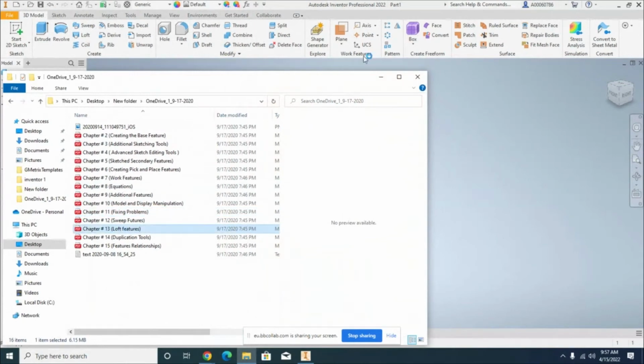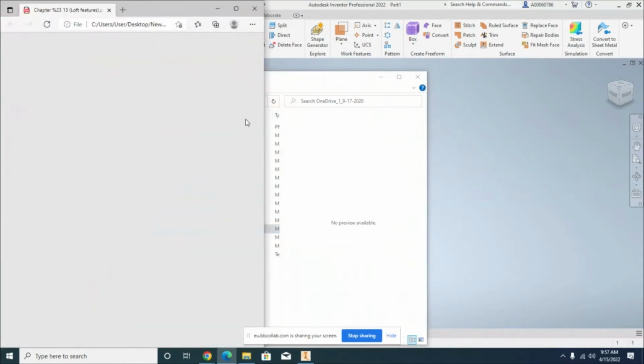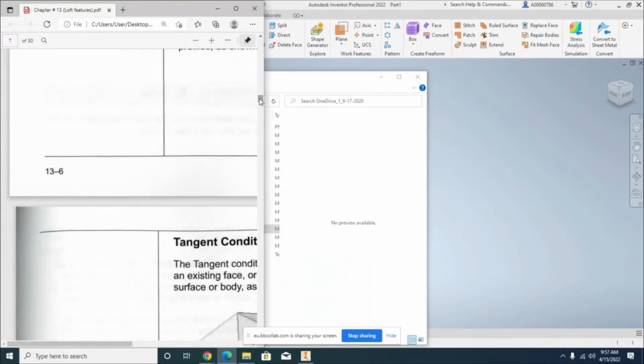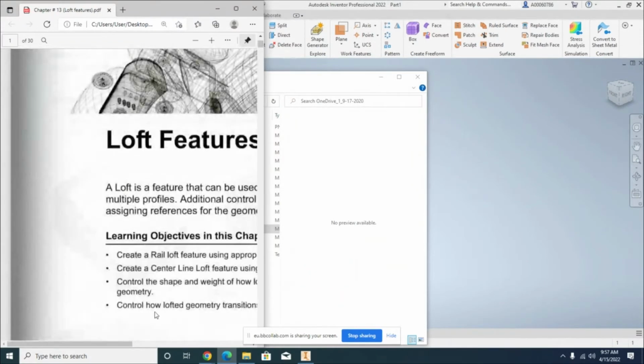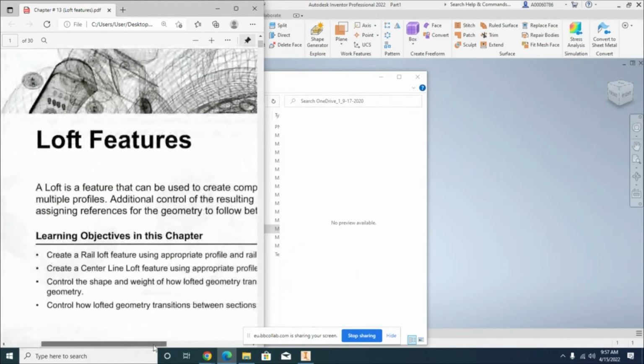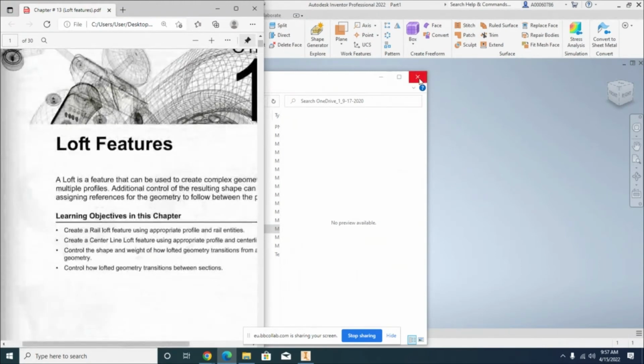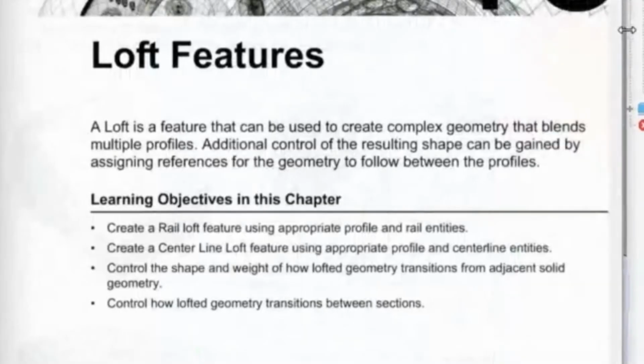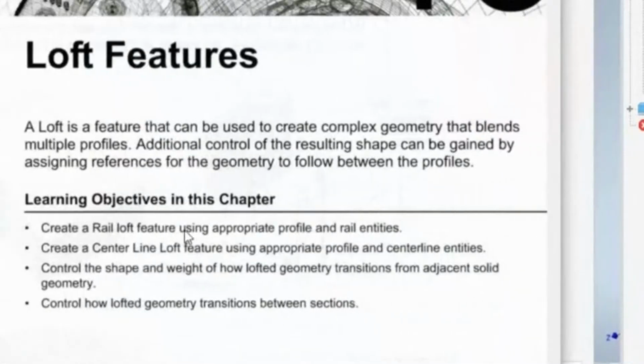13, and I will go back to chapter 12. Chapter 13 is about the loft feature. Okay, loft feature. So what is the loft feature? Loft is a feature